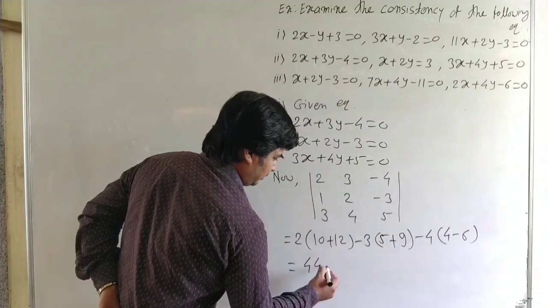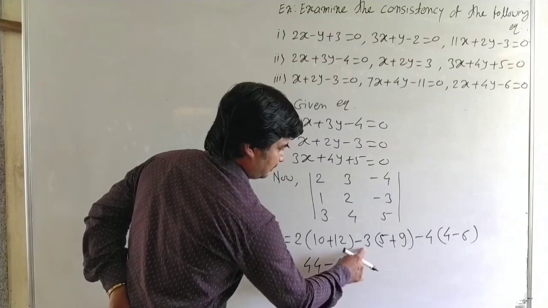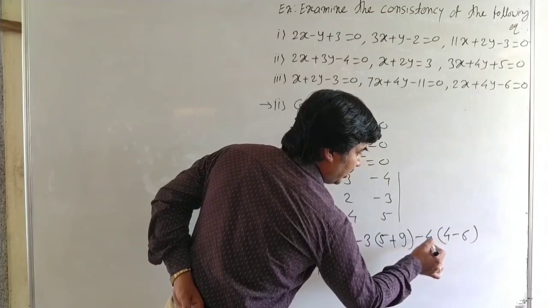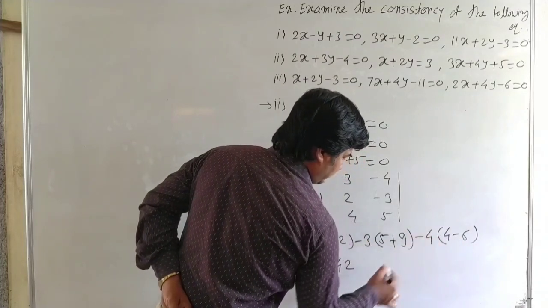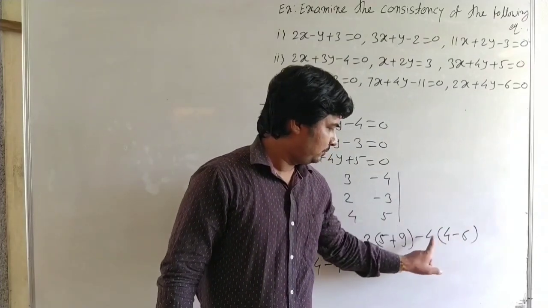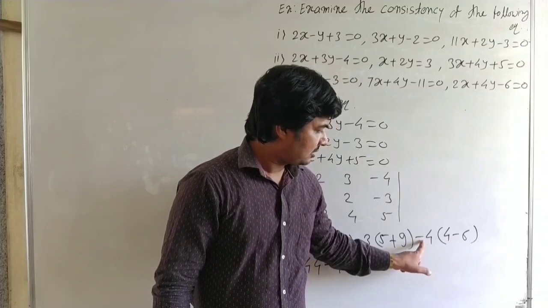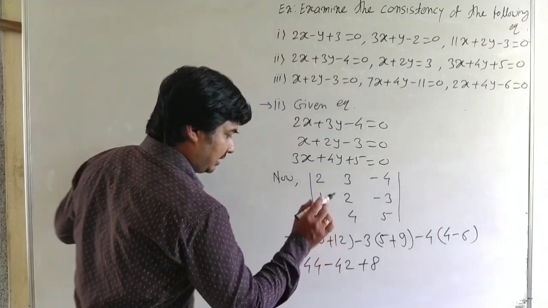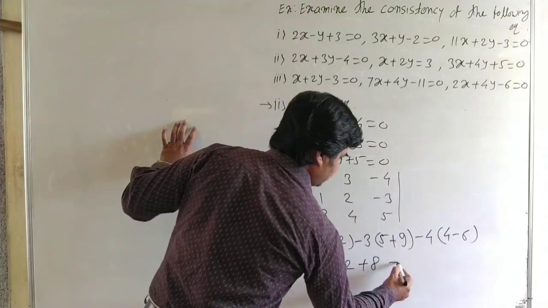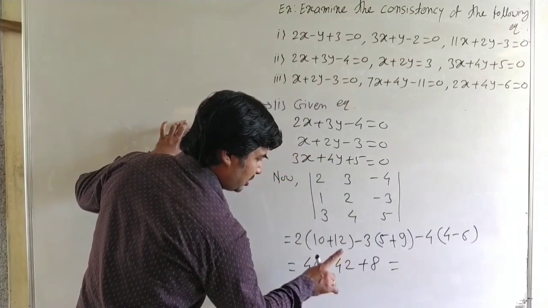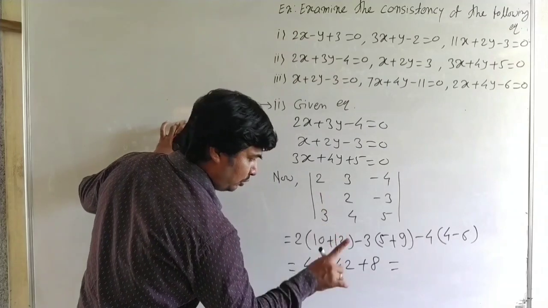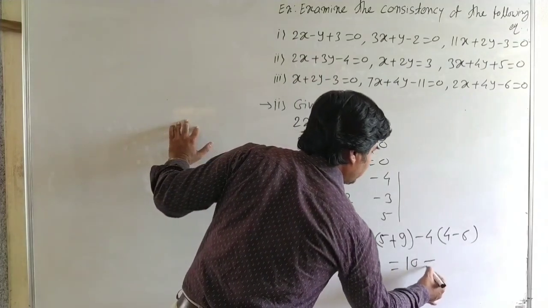Okay, 14 into 3 is 42, see carefully, it is minus 42, and here it is minus 2 into this minus 4, it is plus 8. Minus 2 and minus 4, it is plus 8. Then the calculation is: 44 minus 42, it is 2, and 2 plus 8, it is 10, which is not equal